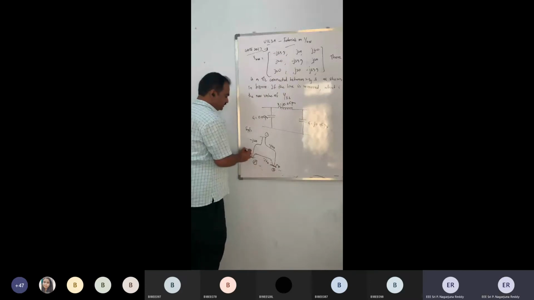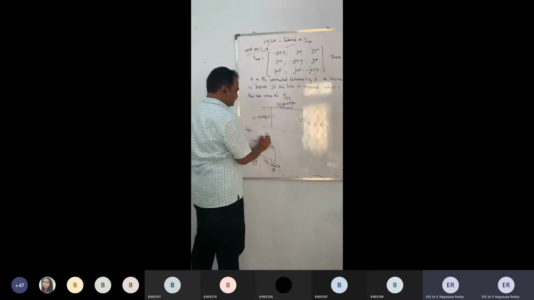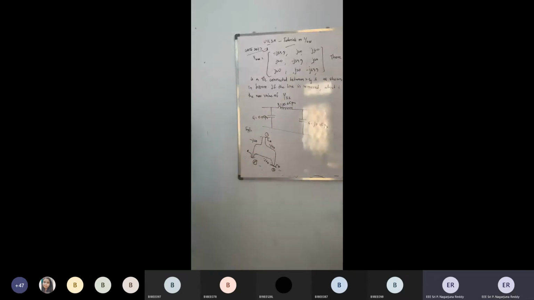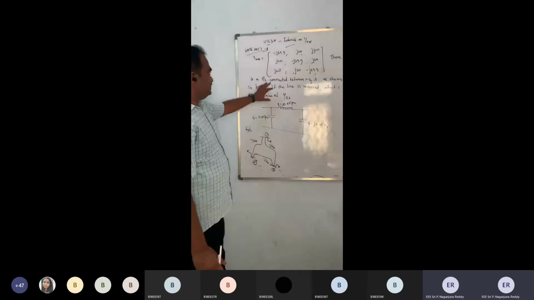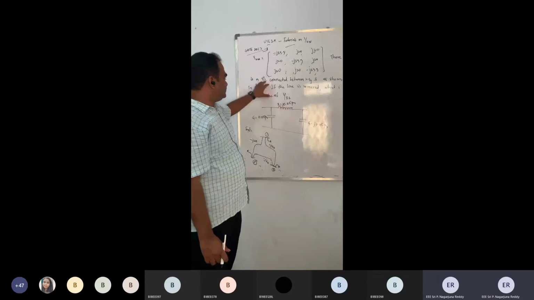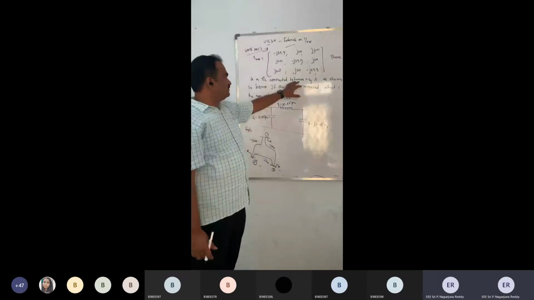At every bus the same problem: I get minus J40, but it is not minus J40, which means there is some other element I am missing, and it will be the line charging admittance, as we discussed in the last problem. It has given me one more piece of information: the transmission line is connected between 2 and 3 in this format.